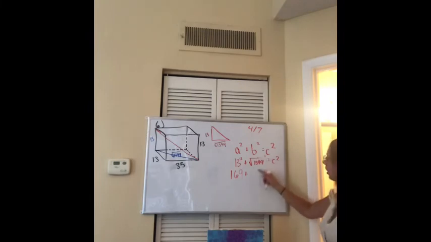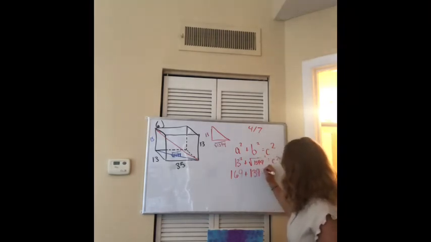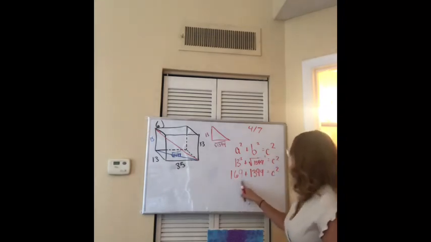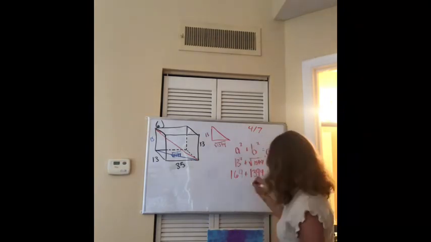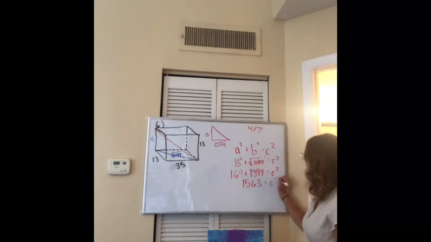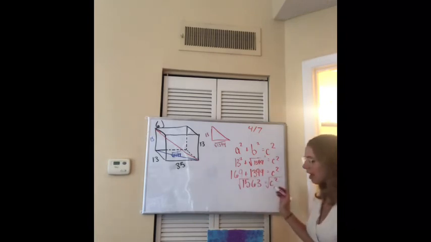The square root of 1,394 squared is 1,394 equals c squared. 169 plus 1,394 is 1,563 is c squared. I'll take the square root of both sides to get c by itself, and I end up with